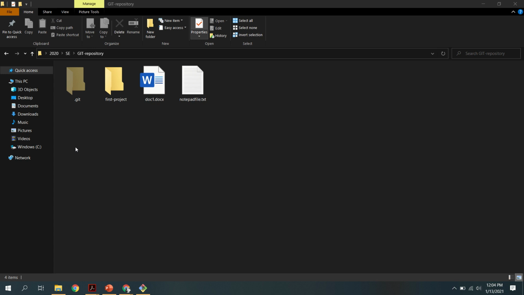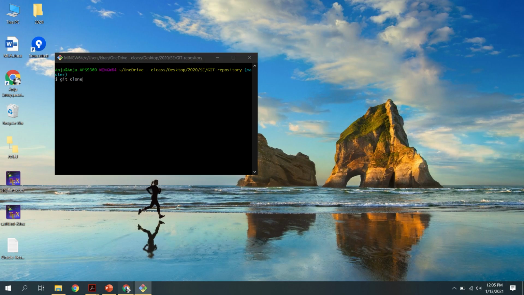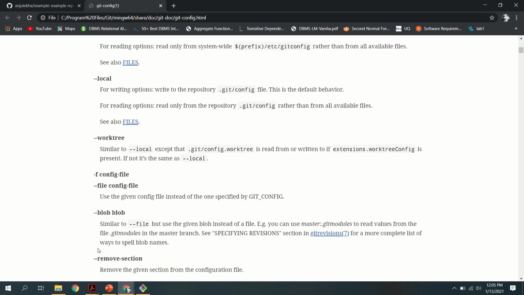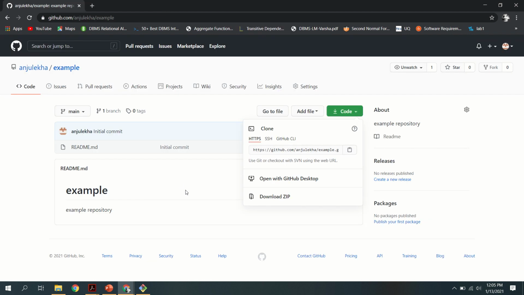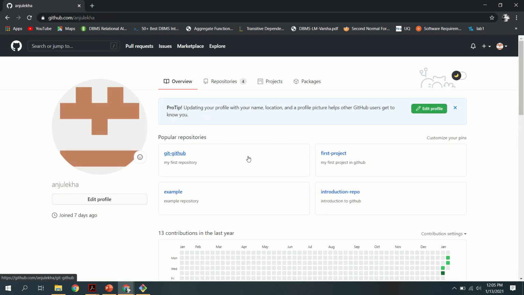So suppose that this is my git repository, the folder where the .git file was stored in my local machine. You can see some other things here, no need to worry about that. Suppose I want to take one of the central repositories, let it be my GitHub. I am going to clone one repository that is called example. Example is a repository in my central repository on GitHub, and I am going to take a clone copy.